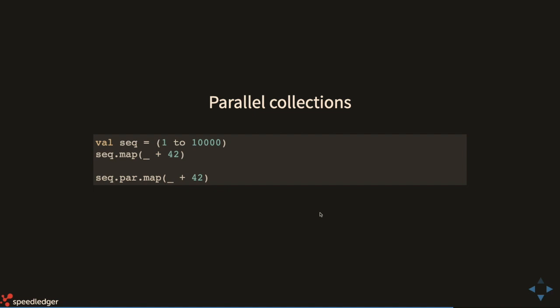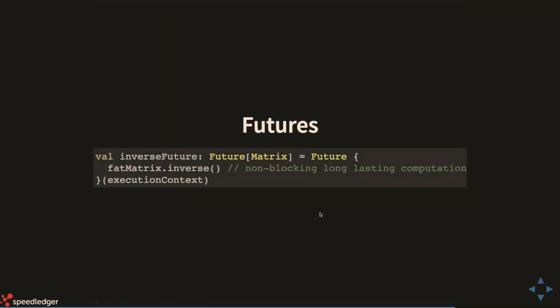And you can also use futures. In this case, we want to inverse the matrix. And since that might be costly, we want to do it asynchronously. So we wrap it in a future so that the rest of the program will continue on.